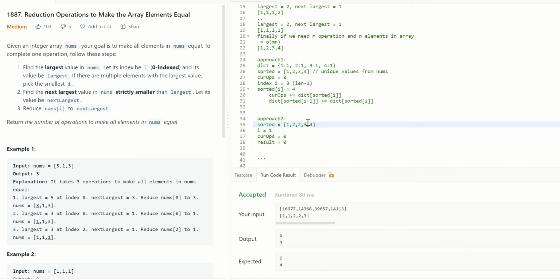So at any given time, whatever operations you have right now, plus 1 will be added if the adjacent values are not the same. In this case, since it is a sorted array, we can say less than.